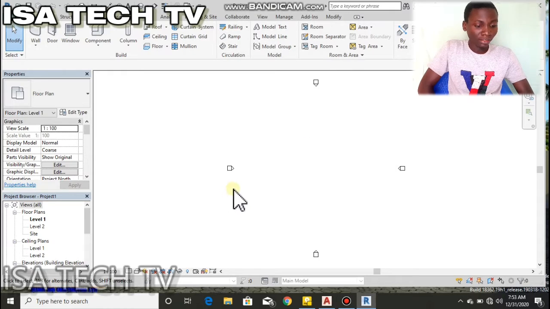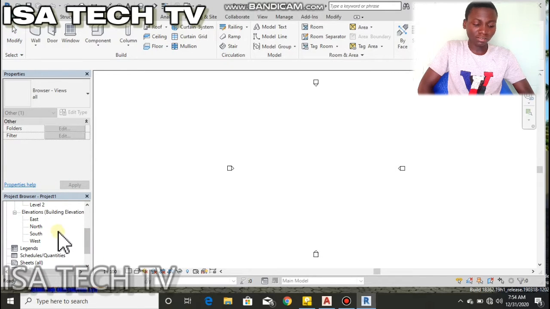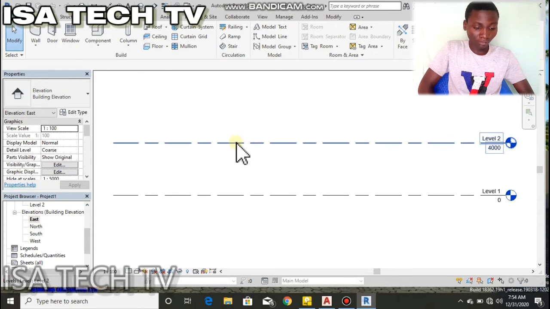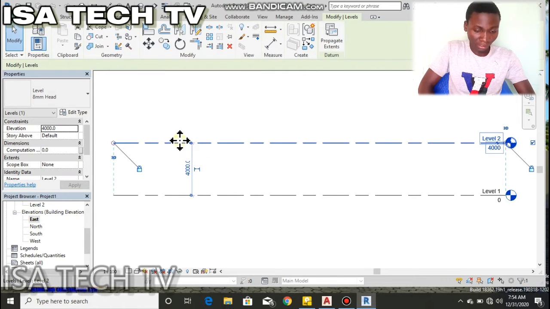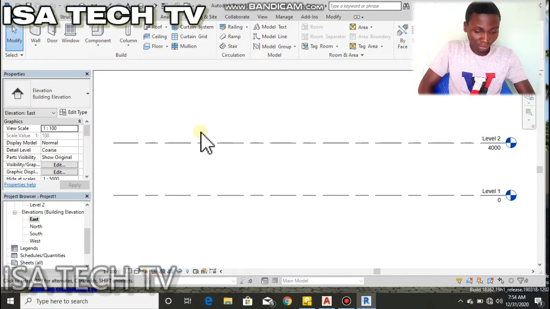Okay, the second thing to do, you are going back to your elevation. That is the view elevation, building elevation. Under your building elevation, you can see east, north, south, and west. Choose one among them. So I'm going to choose the east elevation. After you double click on your east elevation, the level line will appear. After the level line appears, then you will click the top one